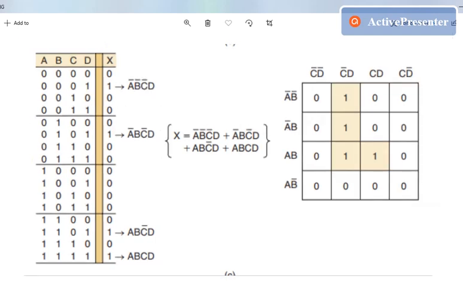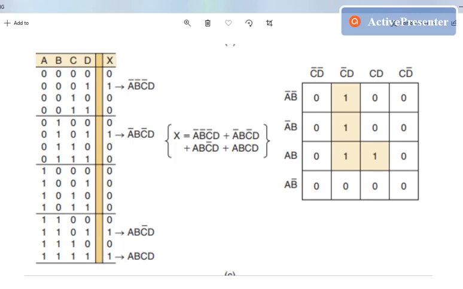We can see that the output corresponds to a certain variable which is common in all of the expressions. For example, we have a common variable d, which is common in all of the expressions because of its same high value. So we can see that wherever the d variable is 1, we are getting our output as high. In the first, here we can see it is 1, here it is also 1, and also 1 here.